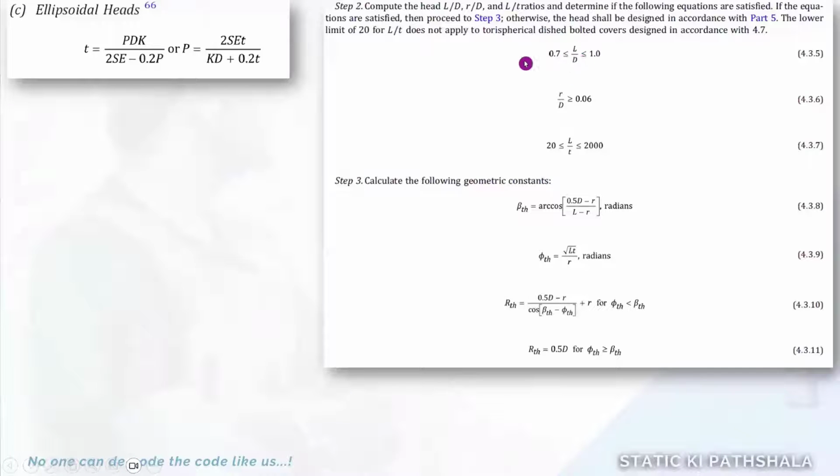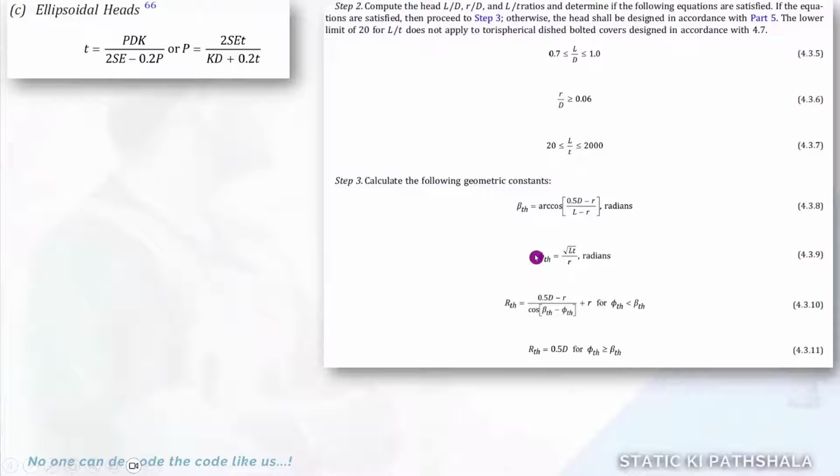That is, L by D has to be between 0.7 to L. These criteria they have given. Then we have to calculate the geometric constants like beta th, then psi th, phi th, r th. So these are all the geometrical parameters and constants that we have to calculate. It is a multi-step procedure and on top of it, it is not a single-go method. It is an iterative method where we have to first assume the dimensions and the thickness and then we have